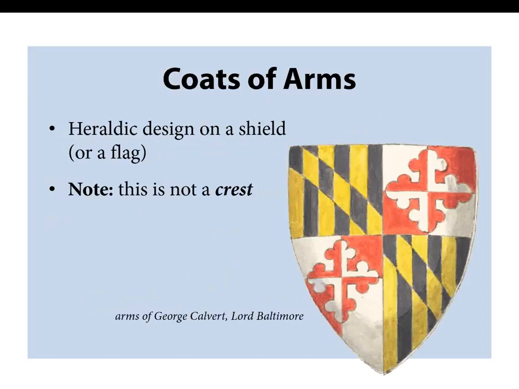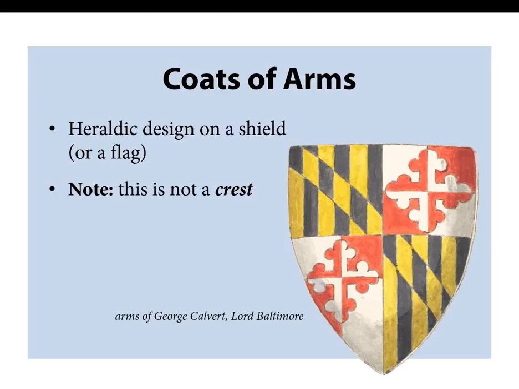Now, a coat of arms is the design that is the central element of our definition of heraldry. And so this is the narrower sense. The design is usually on a shield, although that also varies. And here we have a coat of arms of George Calvert, Lord Baltimore, an early American